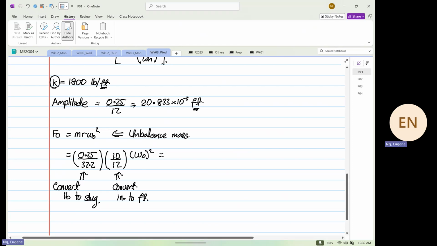So this will be equal to 0.25 divided by 32.2 times 10 divided by 12, which is equal to 6.47 times 10 to the power minus 3